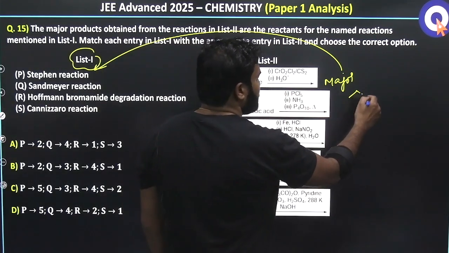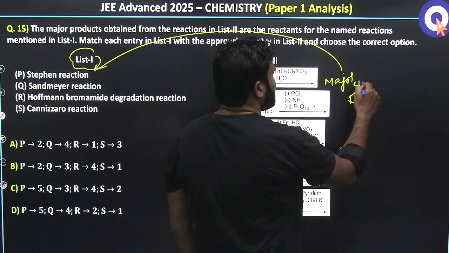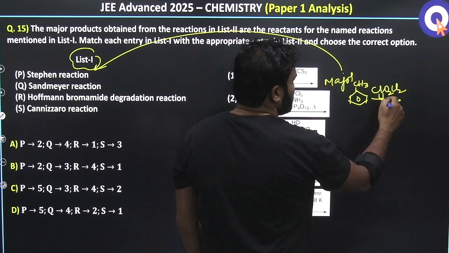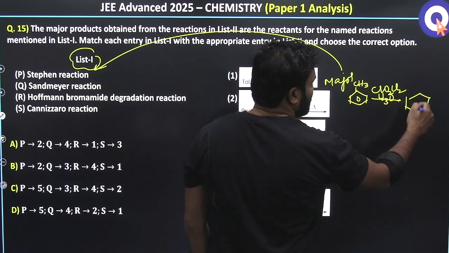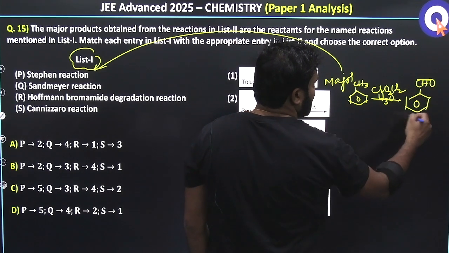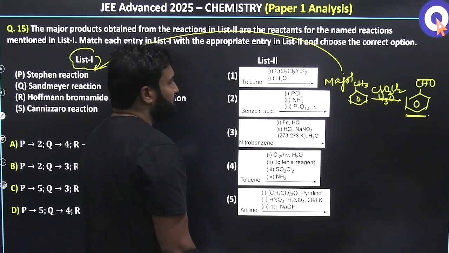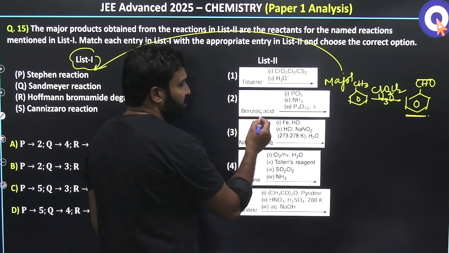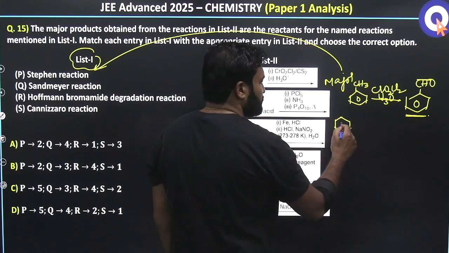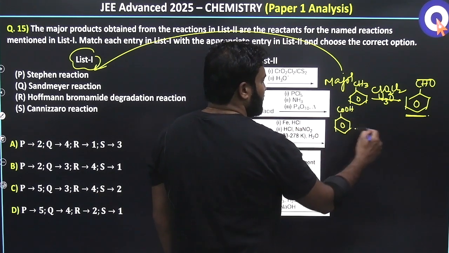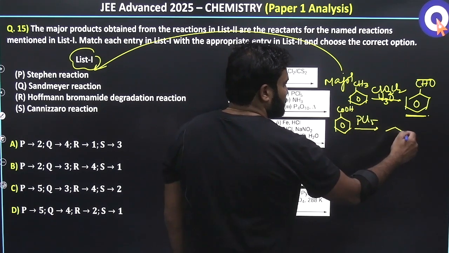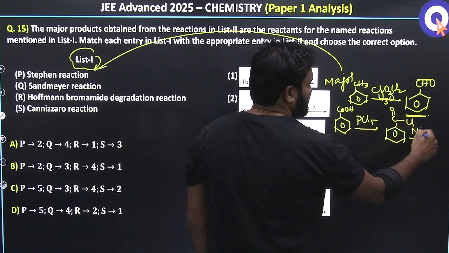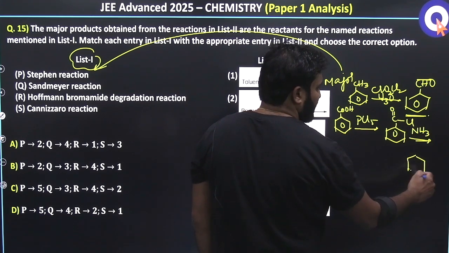As we know, toluene, whenever it reacts with chromyl chloride, the reaction name is the Etard reaction. So what is the end product that we will get here? Benzaldehyde. This is the major product from the first one. And the second one is benzoic acid. Benzoic acid reacts with PCl5 to give acid chloride, which on reaction with NH3 gives amide,